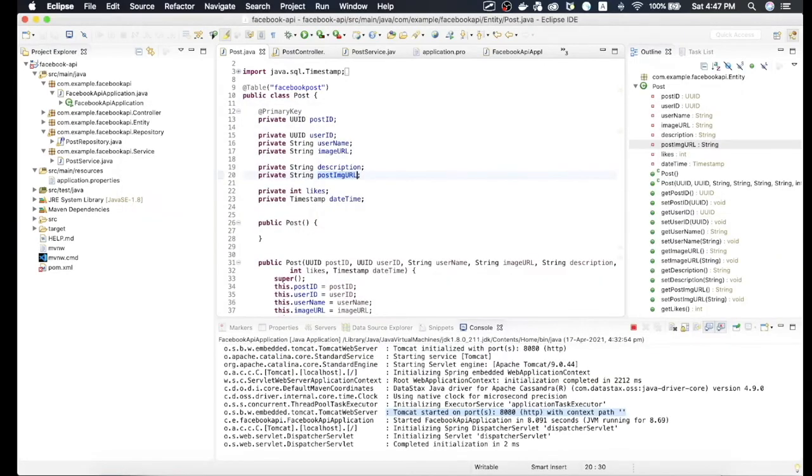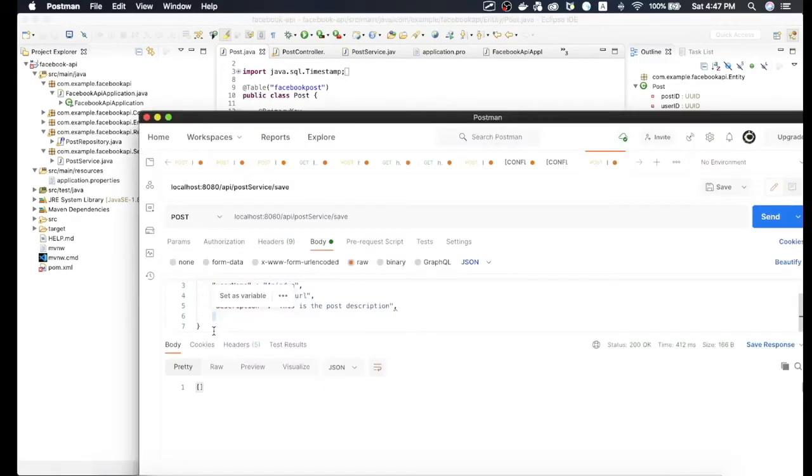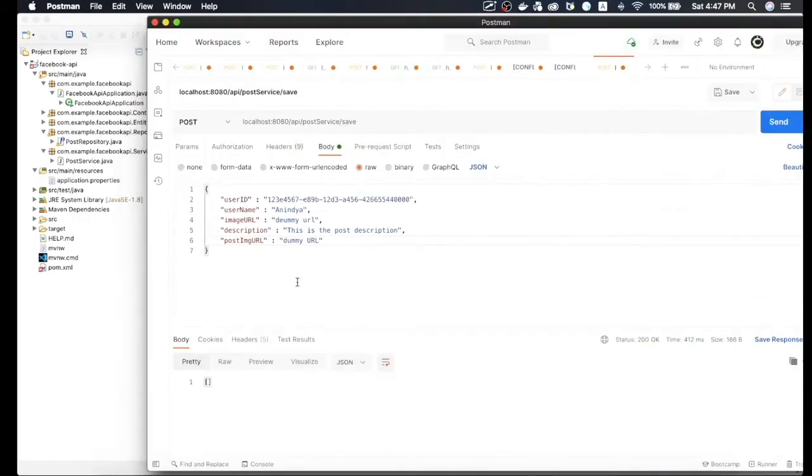And the last one is the post image URL, which is actually the URL that we will receive after we upload an image into our Firebase system. So let's over here also give a dummy URL, and that's it. So this is the total attribute in our payload that we need to submit